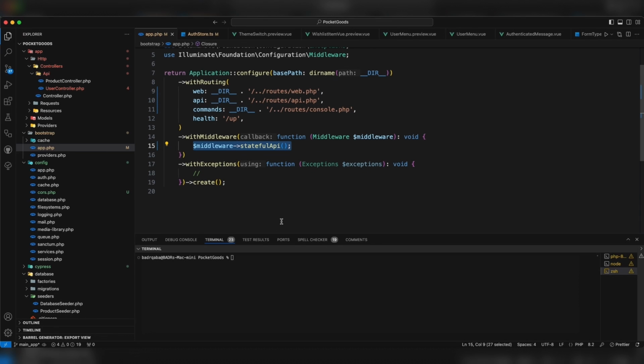Then we need to publish the configuration with php artisan config and publish, and that's pretty much it, and your test should work. I just tried to see this from the app, and I've made some minor changes here